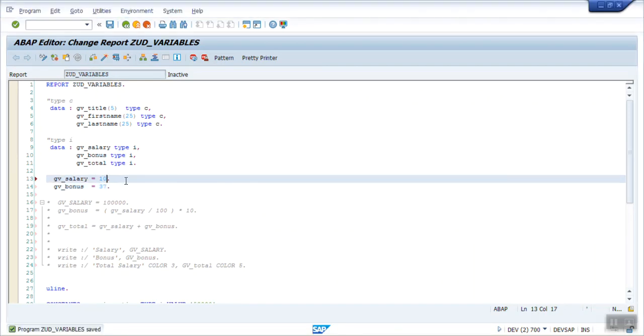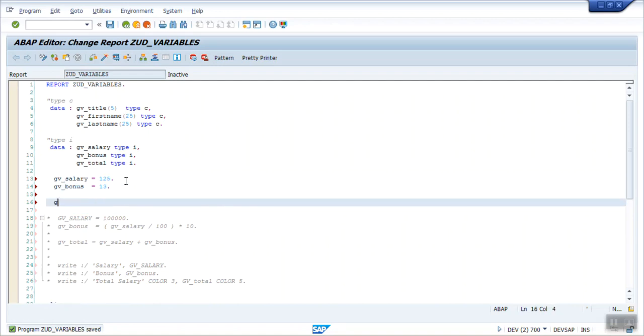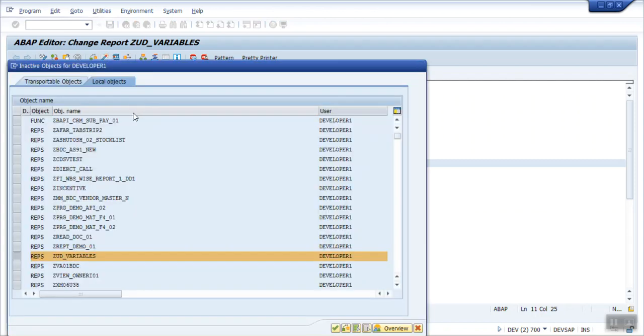Let's change some value here. Let's say 125. Forget about salary and this word bonus. Okay, so my requirement is I want to divide salary with bonus. So here GV underscore total I am adding as GV underscore salary divided by GV underscore bonus. So first here I will change this to F. F is floating point. We'll see what is the impact of adding a floating point here.